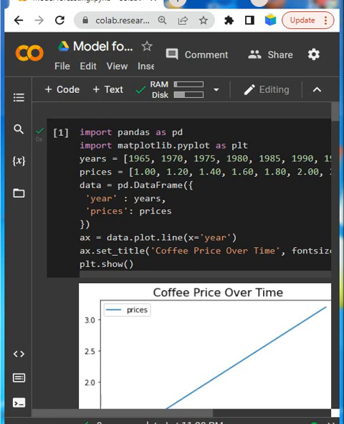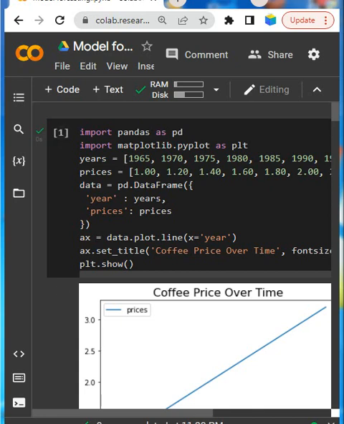Hello friends, today I am going to discuss some previous topics like machine learning for forecasting. I have already created a model because we need to save time.